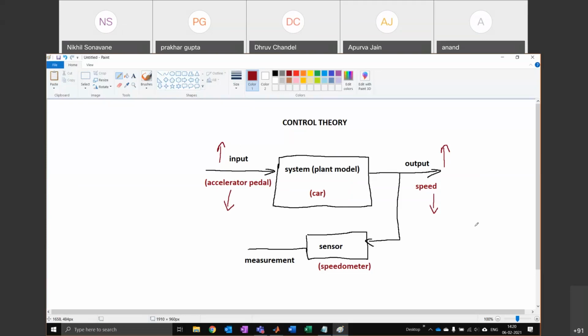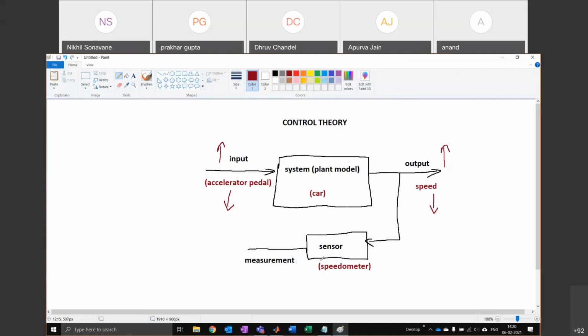Does this make sense? Okay. So the advantage of control theory is once you have built your plant model, you don't have to worry about what is inside it. All you have to worry about is how do I control my input and set it at the right value. Okay, so I hope this is clear.